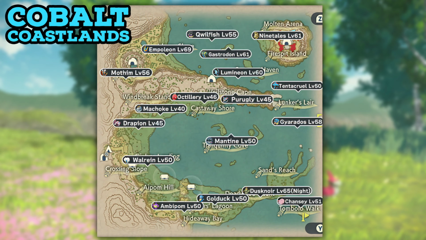Looking at the Cobalt Coastlands map, we have Ninetales, Quillfish, Gastrodon, Empoleon, Lumineon, Tentacruel, Mothim, Octillery, Perugly, Gyarados, Machoke, Drapion, Mantine, Walrein, Ambipom, Golduck, Dusknoir at night, and Chansey. The only 2 on this map that would need to be caught twice and evolved would be Quillfish into Overquill